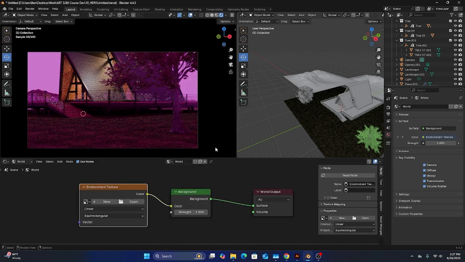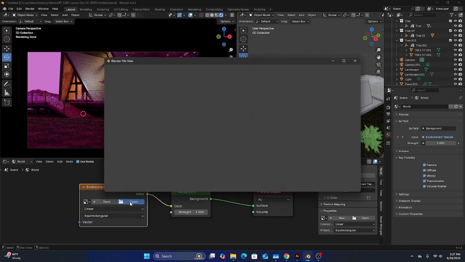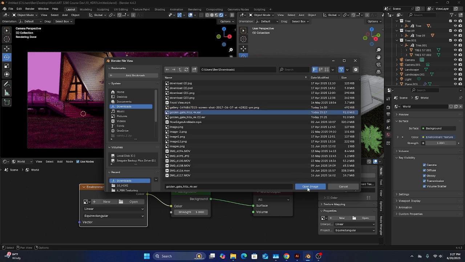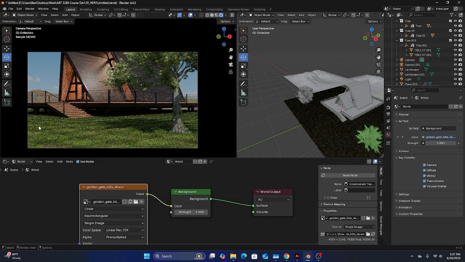Now you see everything goes pink. Pink in Blender means that there's a file missing, which makes sense because we haven't actually uploaded our HDRI yet. So I'm going to click open. I'm going to look for that. Here we go. And when I open that, you see I get the lighting of that image, but as opposed